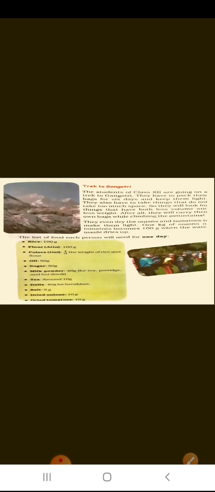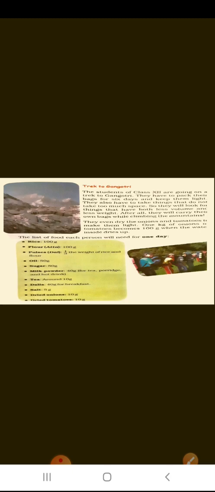So rice and flour, you have to tell how much rice will be required for 6 days. From here you can see for 1 day how much rice is required. 100 gram of rice is required for 1 day. So for 6 days how much rice will be required? You will multiply 100 by 6, you will get 600 grams. So 600 grams of rice. Sorry, rice and flour together are 200 per day. So we will multiply 200 by 6, that will be 1200. That is 1 kg and 200 grams required for 6 days.